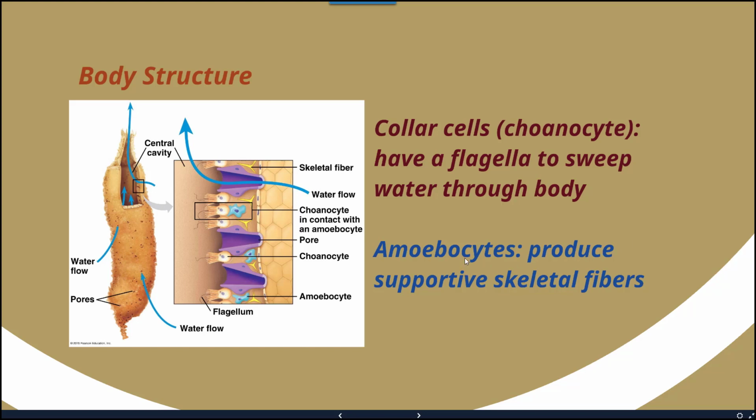They also have something called amoebocytes, which produce supportive skeleton fibers. So that would be represented by these cute little blue structures here. Finally, there's going to be water that's flowed through a pore that's found within the tissue of these organisms. So this little box here is representing a cross-section of the tissue of this particular organism. So very simple and consistent structure to these organisms. That pore is going to help, again, to have water flowing constantly past these organisms.